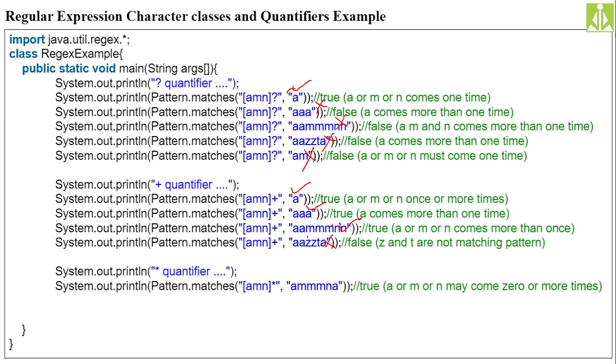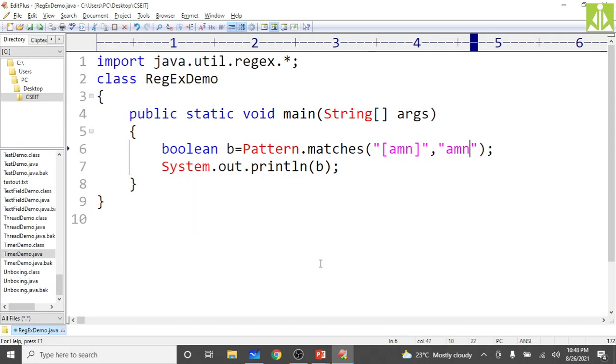So this is false. Remember this one. Then asterisk qualifier, [AMN]* means 0 or more number of times, isn't it? 0 or more number of times. So AMMNA, this is true. Okay. Hopefully you understood this one. So yeah, we will practice one by one. So here you see, if I put the question mark, only one character is allowed. Okay, and that should occur one or more times.